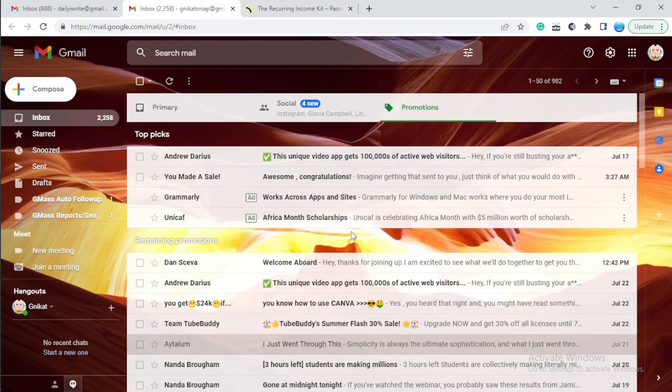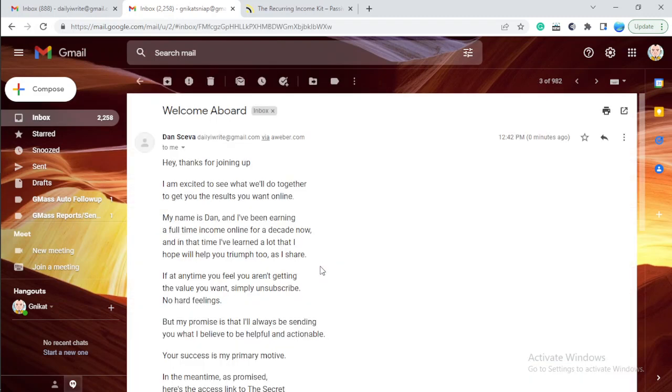because when it lands on the promotion tab, no one is seeing it. So this means this is where you have to be creative, start playing around, see what sort of words have triggered it to be sent to the promotions tab. That could be maybe welcome aboard, could be joining up, it could be when it comes to income online, some of these things they just trigger